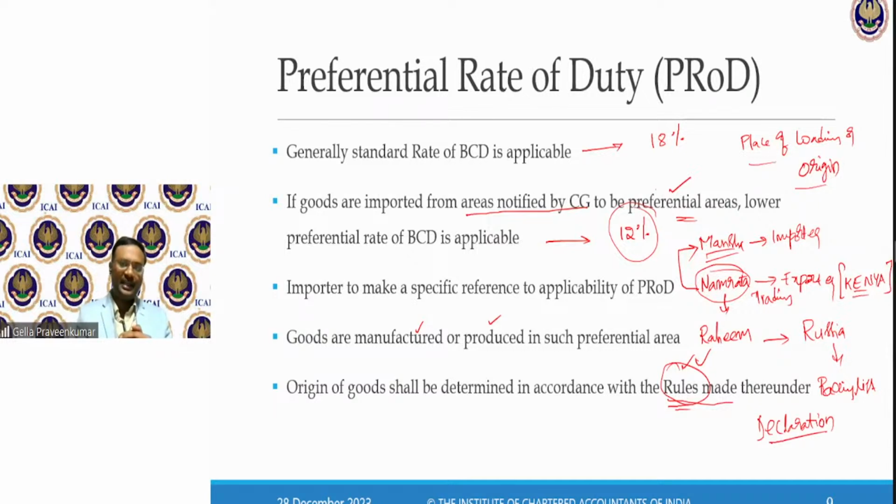Let's take one example: a mosquito repellent mat. This is one item which needs to be imported to control mosquitoes. It looks like your Tortoise or Jet, whatever mats you can see. If these items are imported from Kenya, the ministry representatives would try to examine: are there any factories, any industry, which manufacture this particular item?